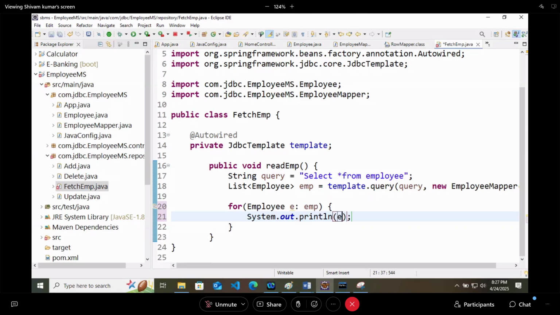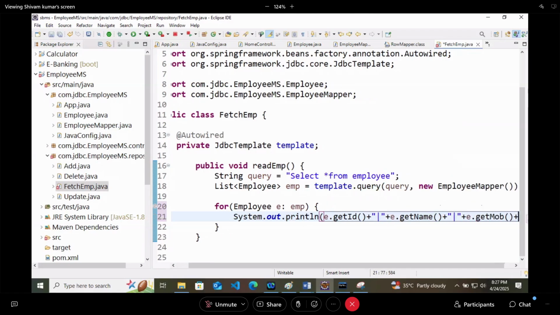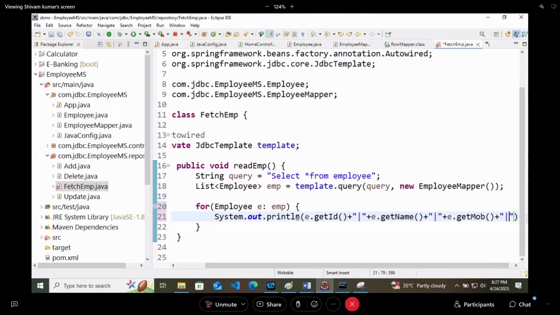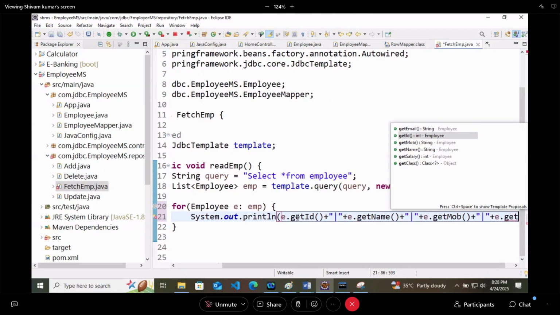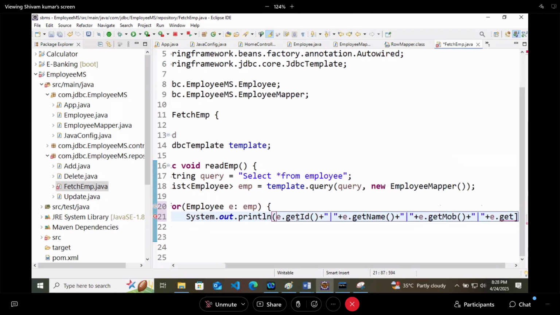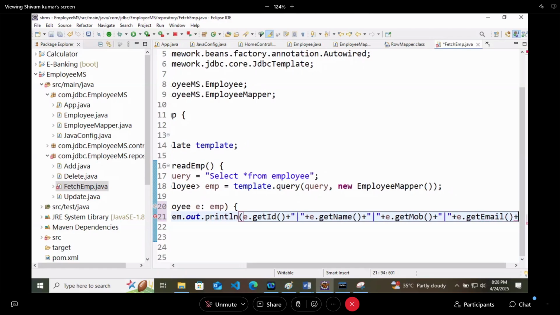At first you are printing e dot get id, plus some symbol like this, then plus e dot get name of employee, then plus again this symbol, plus e dot get mobile number, plus again some symbol, plus e dot get email, then again a symbol.